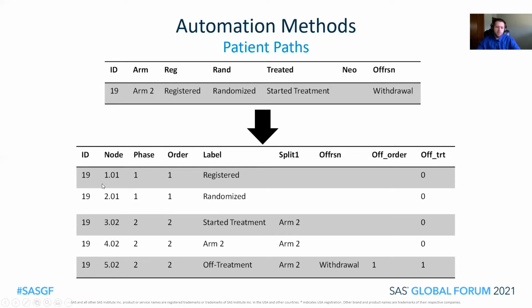Each step, each node, gets its own unique identifier, where the first number represents the row that it's in. The second number represents which combination of split variables it's currently at. So you can see here with the split variable, there is none. That's the first unique combination, so it gets number 1. The second unique combination is when we actually get a value in split 1, so that gets the number 2.